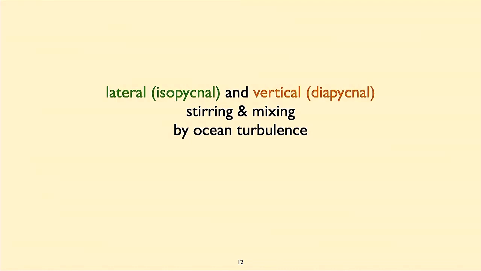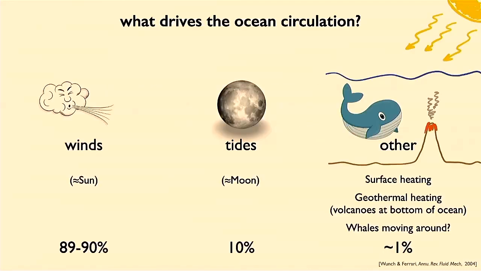Okay. So what I wanted to chat a little bit about now is some of the challenges in understanding and modeling these things. So first of all, what drives the ocean circulation? That's another big difference. Perhaps that could have been in a different slide. So mostly winds, all right?